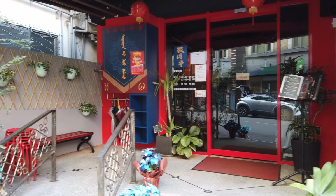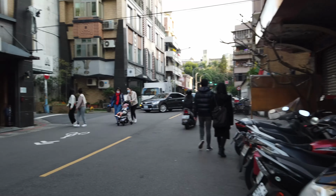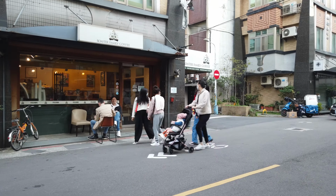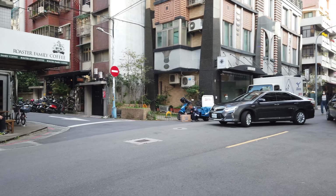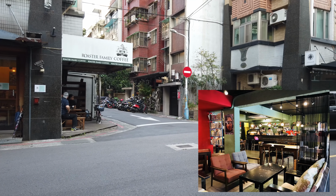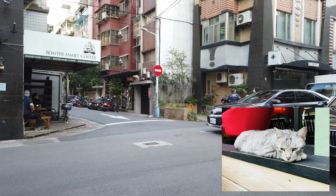closed at the moment. This street here has a little bit less retail stuff and a lot more, I think, cafes. So we had the scone place, we have this place that's highly rated on Google Maps, this coffee shop on the corner here, but actually there's another coffee shop at the end called Yabu Coffee, which I really like because they have a cat, a resident cat that you can see here,